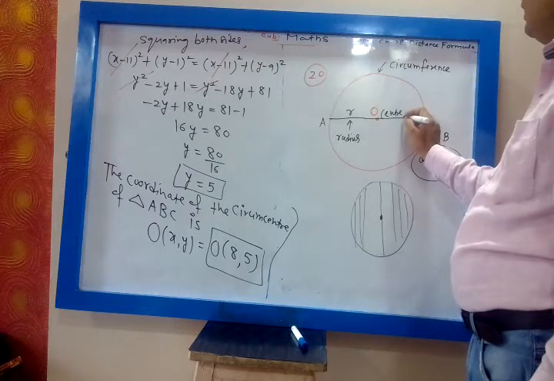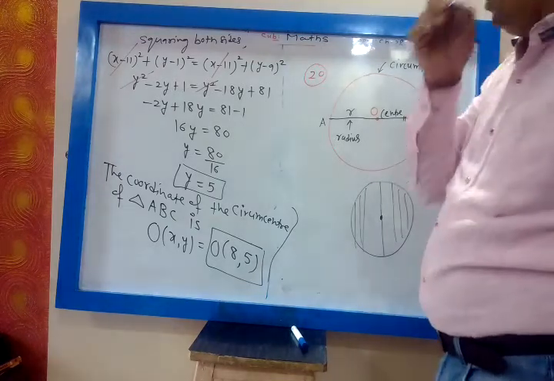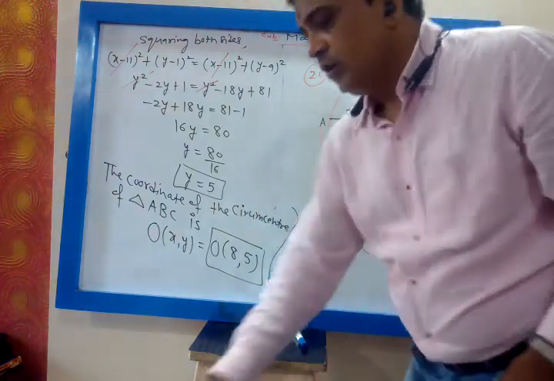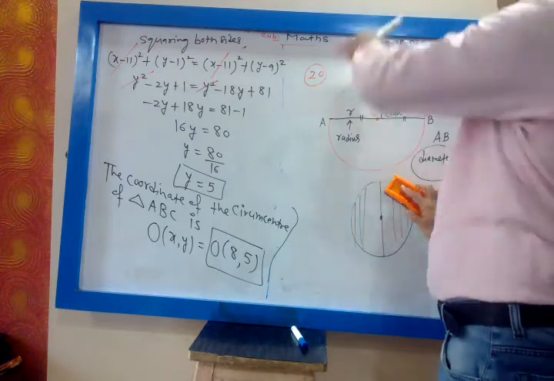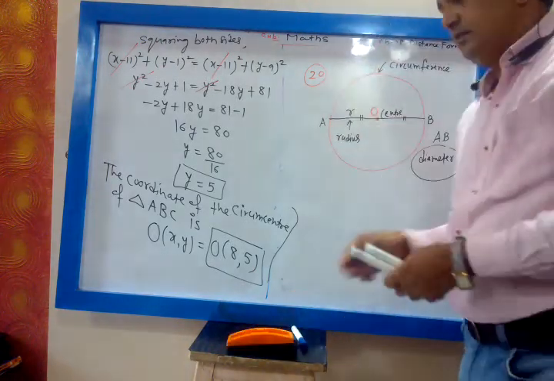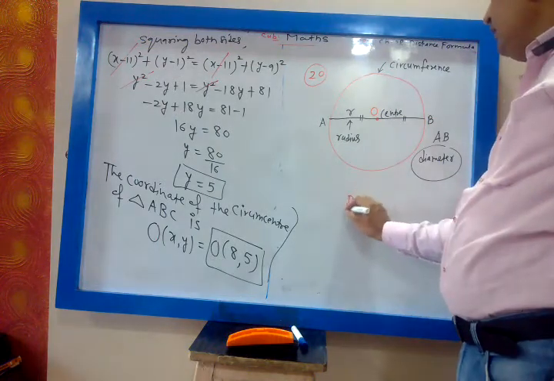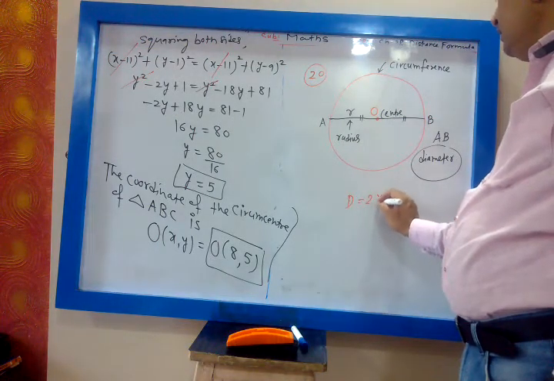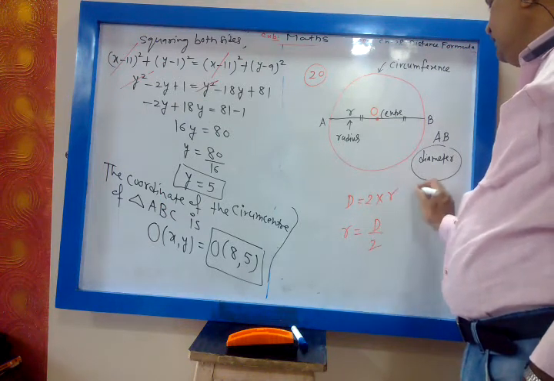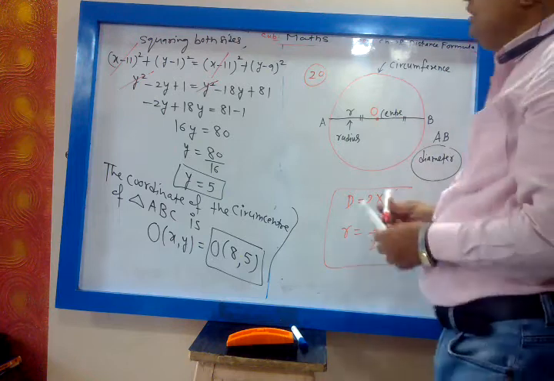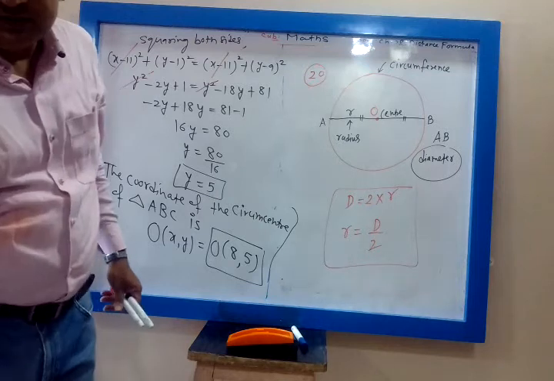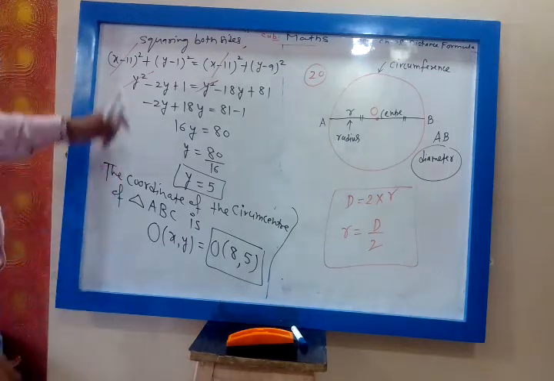And all the radii of the circle are equal. This point you have to remember. All the radii of the circle are equal, and second, diameter is twice the radius, or you can say radius is half of the diameter. So these things you should know, then we can solve the problem. Diameter is the longest chord of the circle passing through the center.